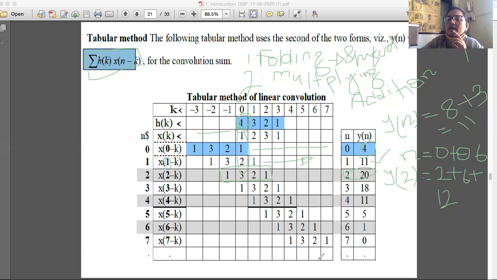At the 7th value, naturally, there will not be any sequence further, so it is going to be 0 only. So this is going to be 0 after n equal to 6. Means at n equal to 7, you will automatically get the value 0. So this is a very simple method using a table. Everything you can observe, and it is the simplest method for calculation of convolution. Is that clear, all of you? So we'll move further.